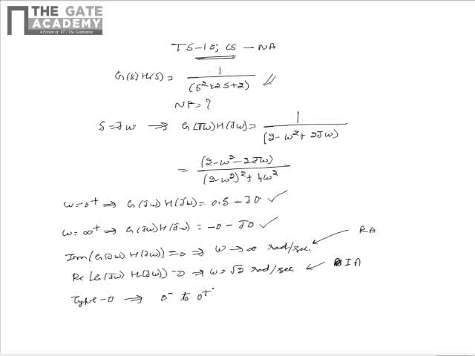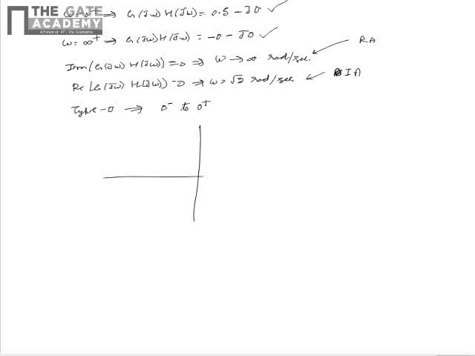So from this data we can plot the Nyquist plot of the control system as shown. The Nyquist plot at omega equal to 0 plus starts from 0.5 minus j0 and is at that point marked, and it ends at minus 0 minus j0. So it starts from below the real axis due to the minus j0 point, and it ends at minus 0 minus j0. So it approaches the origin from the third quadrant.